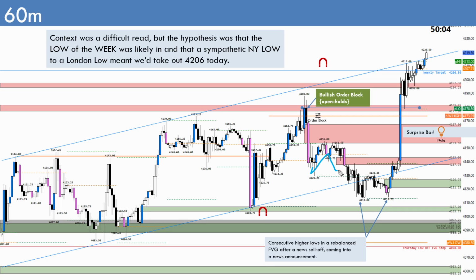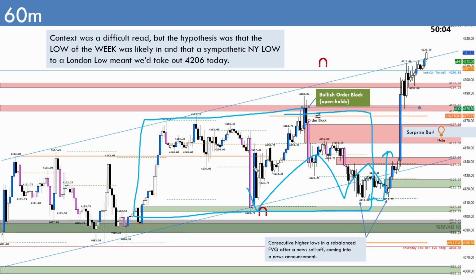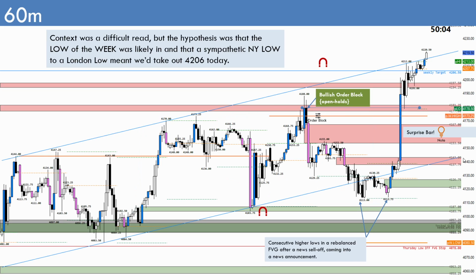So as we come down and make these lows and start to hold here, and then we hold again, you've now got sustained higher lows. So that's bullish no matter which way you look at it. And then we're also at the bottom of a trading range. So the narrative suggests that because we couldn't break a low, we're probably going higher. You got one try, two tries, three tries, and that was a big try. That was big. So in that way, I felt that the low of the week may be in,